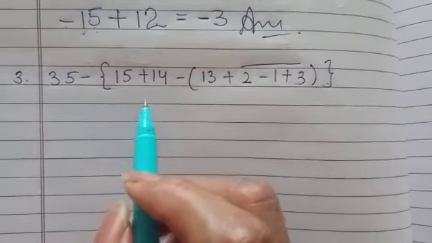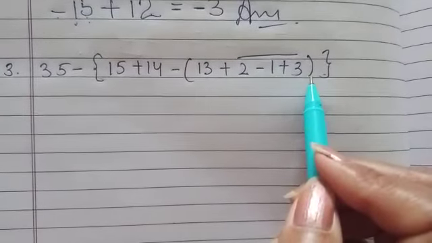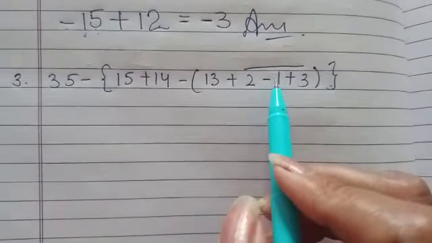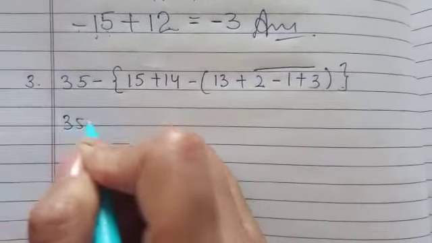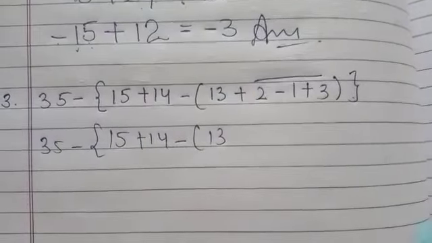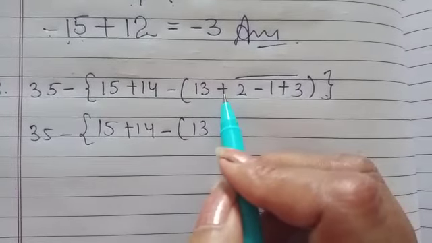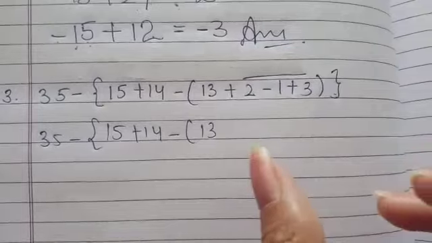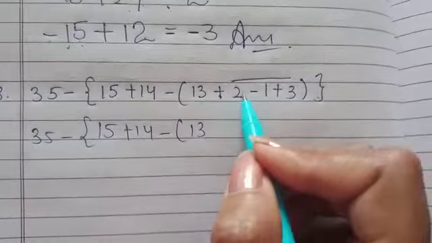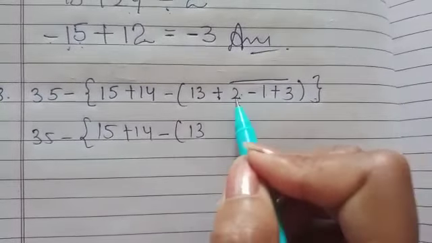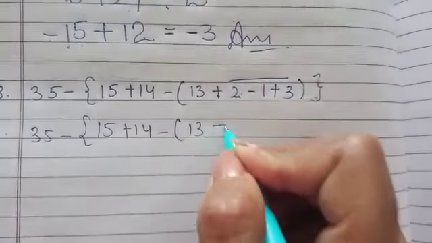So in the third question you have got vinculum, means bar, then small bracket, and then curly bracket also. So firstly we will solve the vinculum. For this, write all the values as it is. See, in this question it's very easy to solve, because if a negative sign is given, it can create mistakes in the question. Otherwise, if the numbers are positive, your question can go smoothly. Now solve all these numbers. 3 and 2 are positive. 3 plus 2 is 5. 5 minus 1, you will get 4, and the answer will be positive.